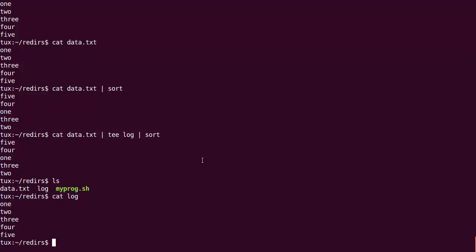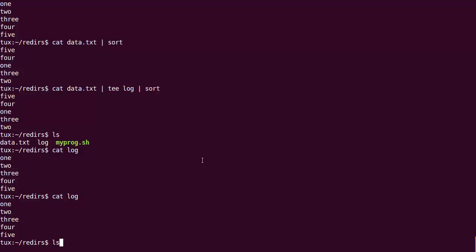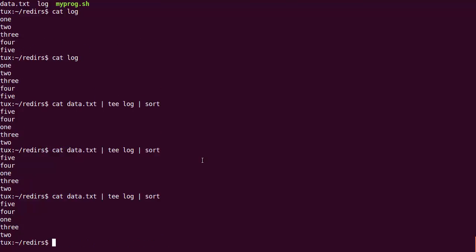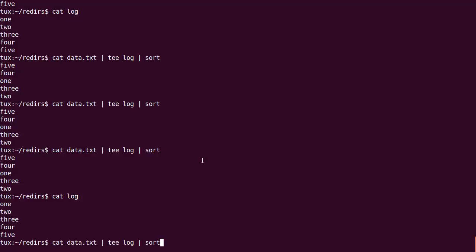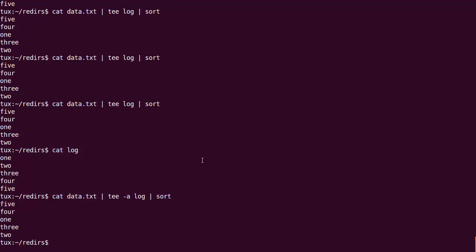Okay, and if I do this several times, not the cat, sorry about that, but this thing, and then I cat log, you see it behaves like a standard, simple redirection. It overwrites. If I don't want this and I want instead to append, there is a nice option for T, -a, that's going to allow me to, if I use this command, let's say 3 times, and look in the log